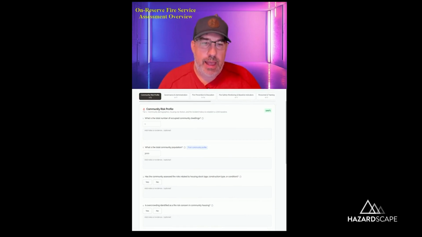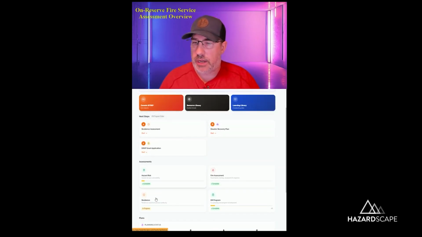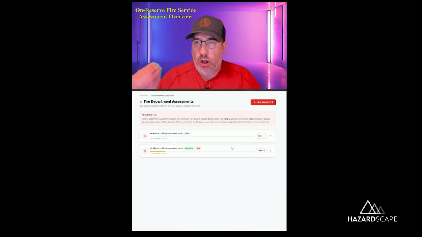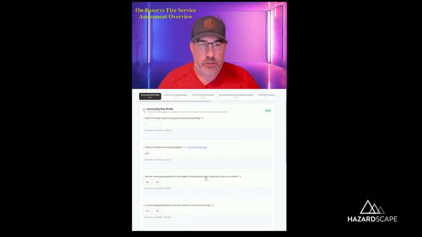The other thing I'll add to that, which I'm not going over in this one, is that part of the emergency management services in the whole application, if you go back to the dashboard, you'll see there are other assessments here, like hazard risk assessment and the EM emergency management program. All of the data that you fill into those assessments will auto-populate and cross-populate into this one and vice versa. So again, you're not having to